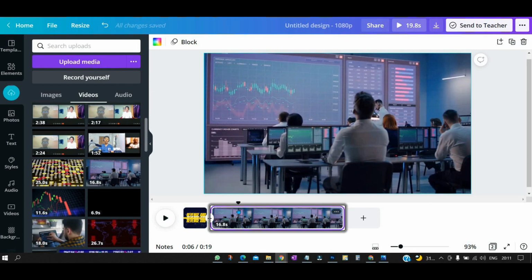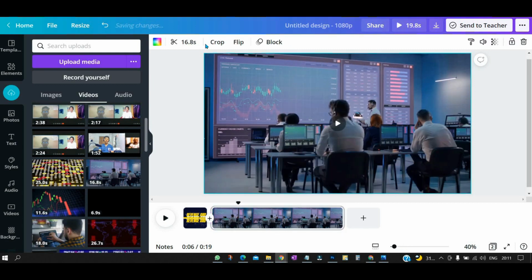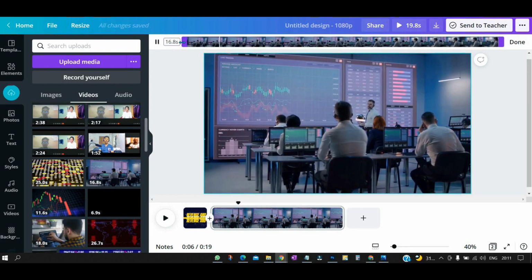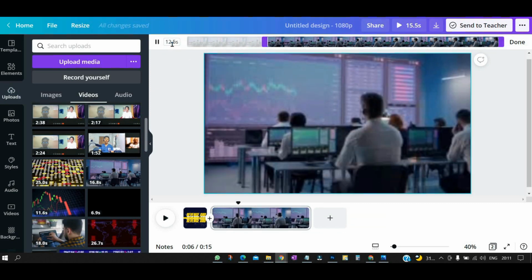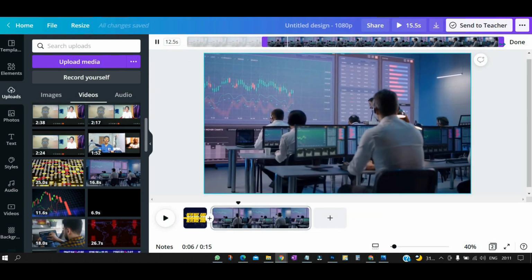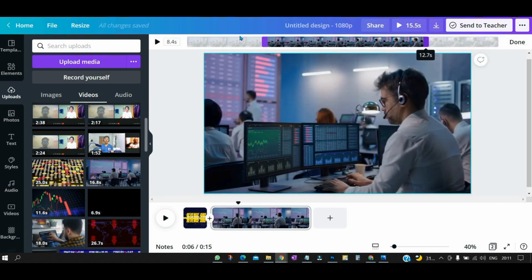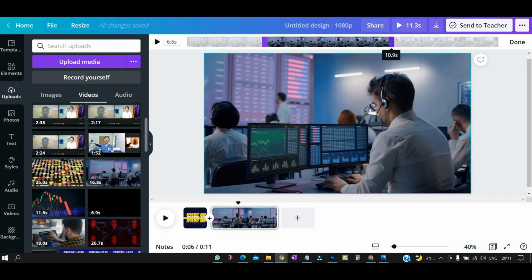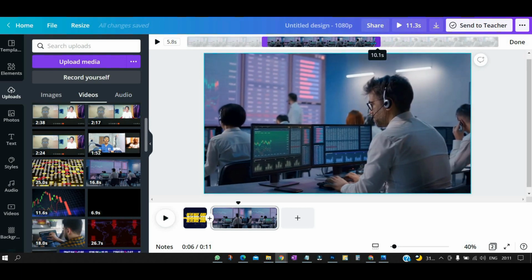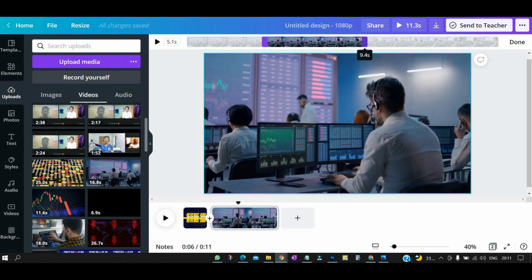So there is a restriction that if you don't want to use a big video, you can trim it. Okay, so it is always recommended to trim your video. Just click on the video and there is a trim option right over here, and you can simply trim it to the number of seconds that you want to use. See, here it is showing a 12.5 second video, and if I trim it from the back side, it is showing 8.3 seconds, and you can literally see the timeline right over there to know how many seconds the video has been trimmed to.